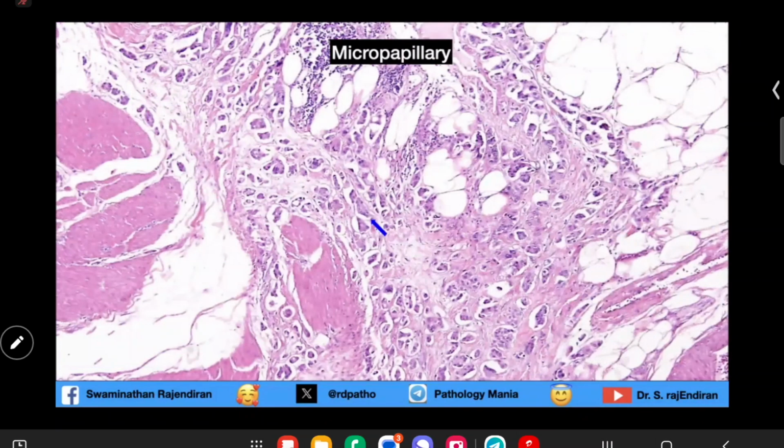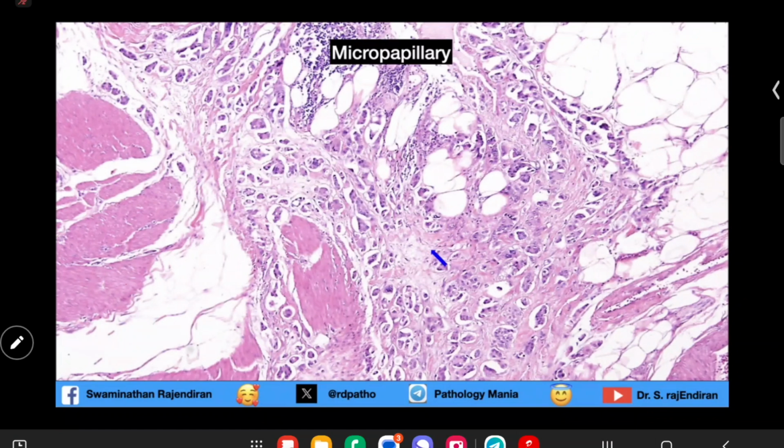Micropapillary carcinoma: you can see small papillary processes without any fibrovascular core. That's why they are called micropapillary. And they will have retraction, classic retraction artifact. They may look like lymphovascular invasion, but these are all retraction artifacts, and these are seen invading into the